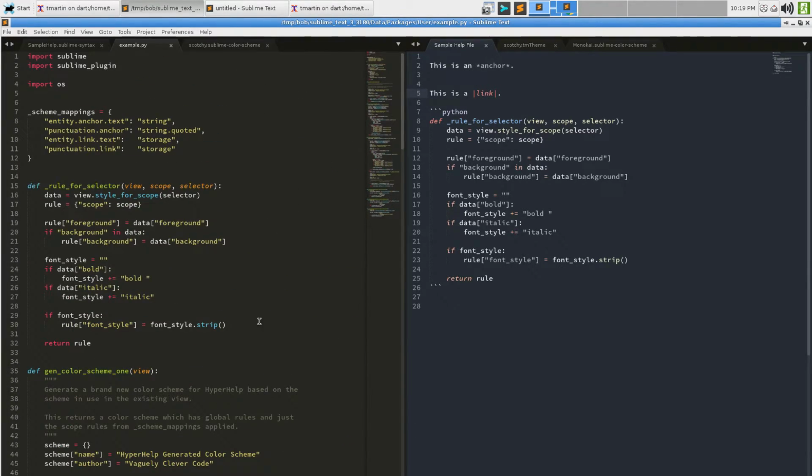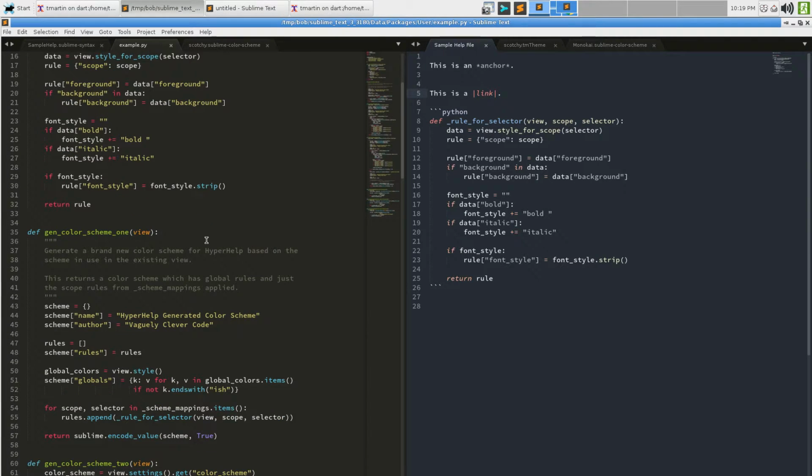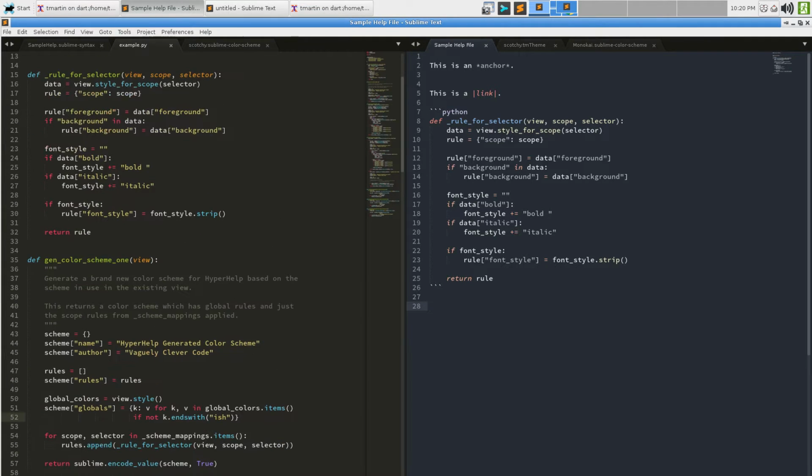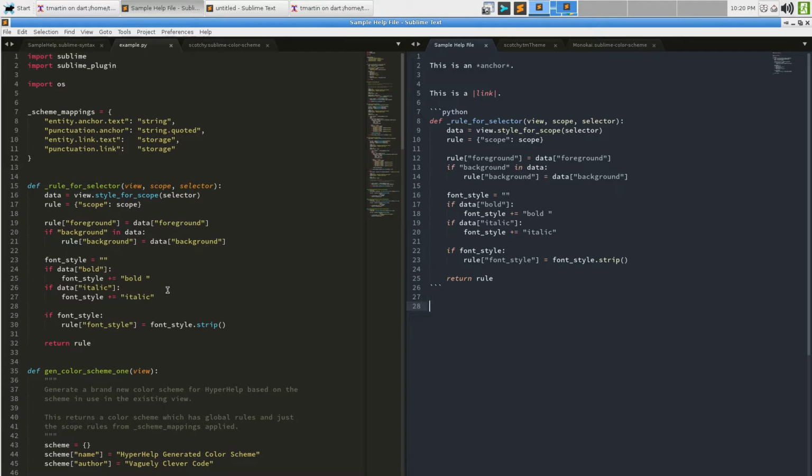We saw, first of all, what you could do in color scheme example 1 is create the core thing, grab all of the globals out of the style in an existing view, and then ask the system what color you would apply to a scope, and come up with something over there. So the strings are going to look like that.